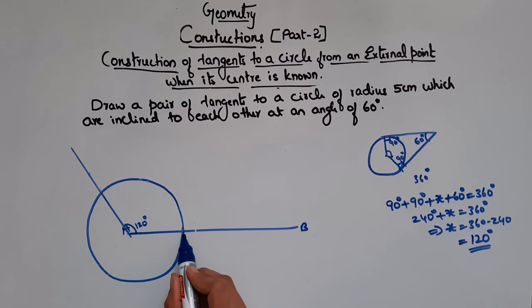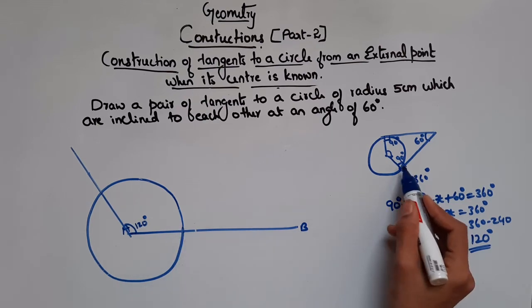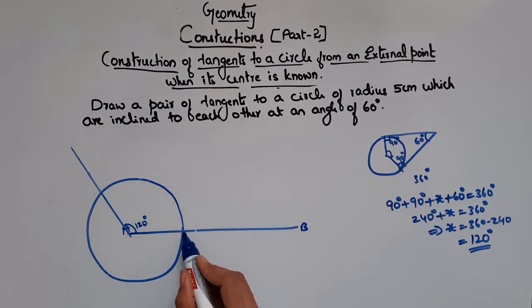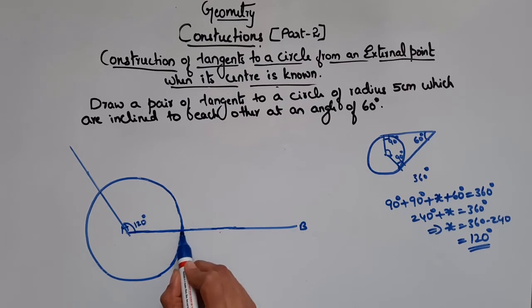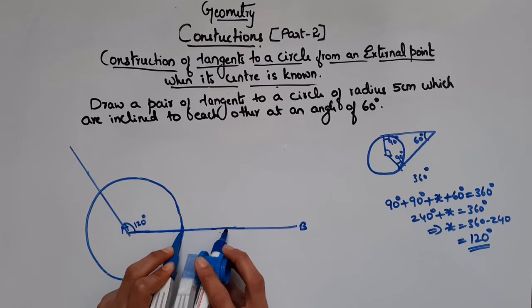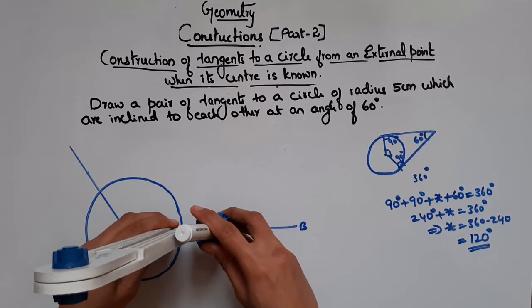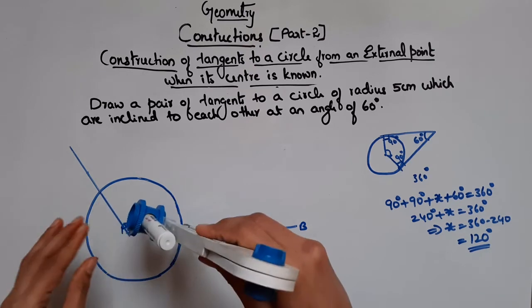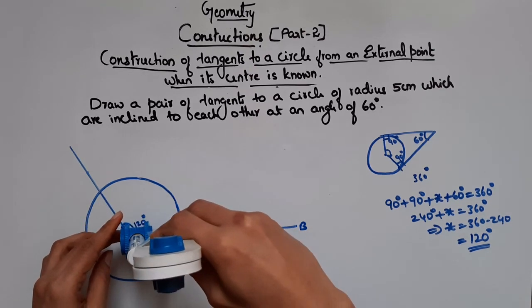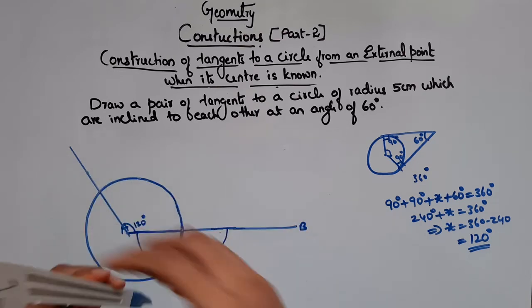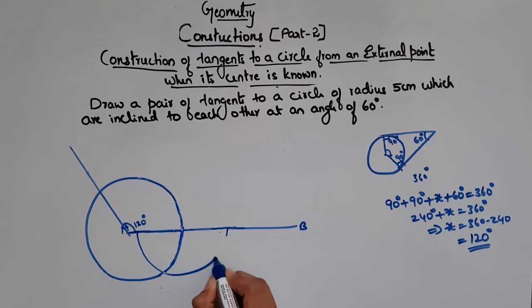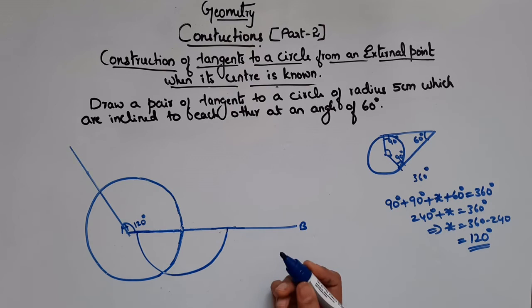So now let's draw a tangent at this point and this point. We know at this point the tangent is 90 degrees. So let's draw a perpendicular line at this point. Now how will you draw a perpendicular line at this point? You have to follow the procedure. For that you will take a compass, place your compass at this point, take any length and draw a semicircle. So let me draw freehand like this, right?